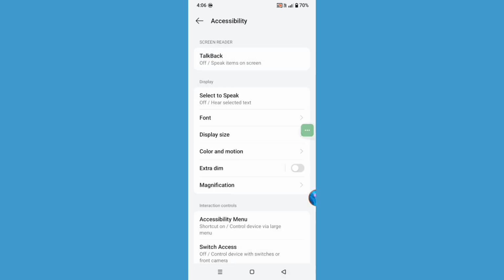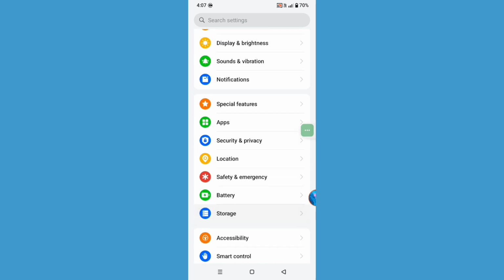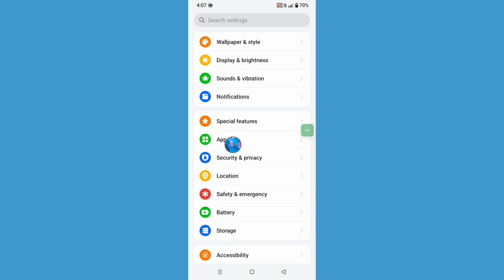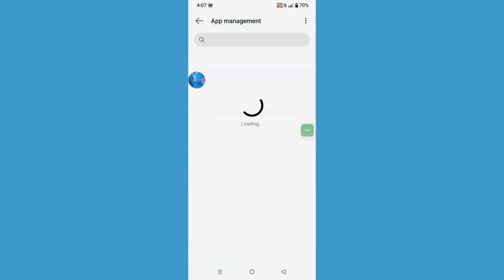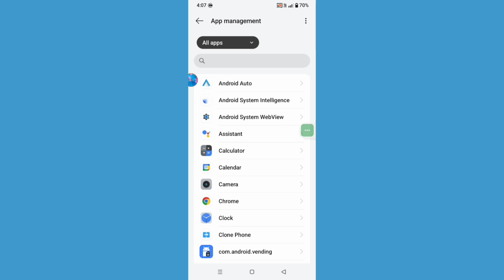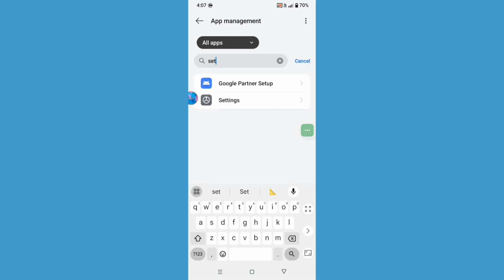Just go back. Now just find apps option or apps management and click on it. Now click on apps management. Now click on search bar and search for settings. Just click on settings,